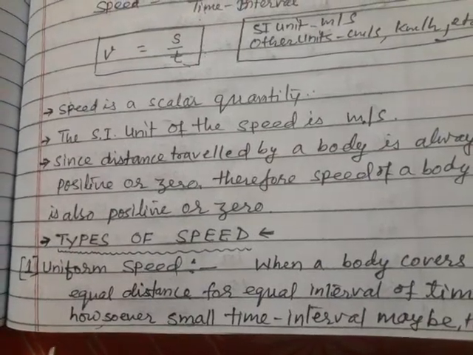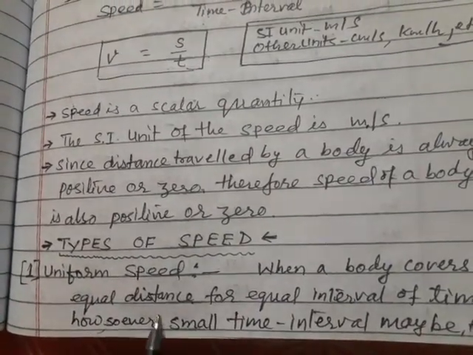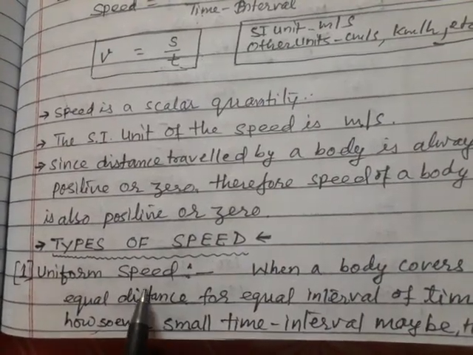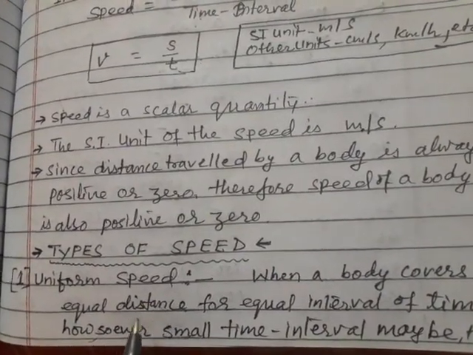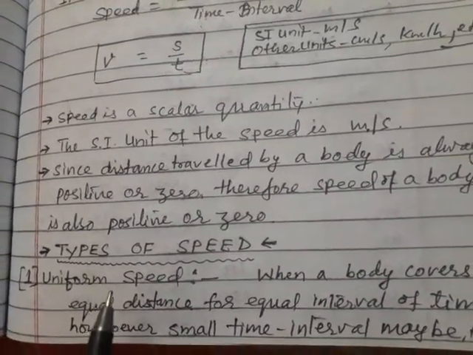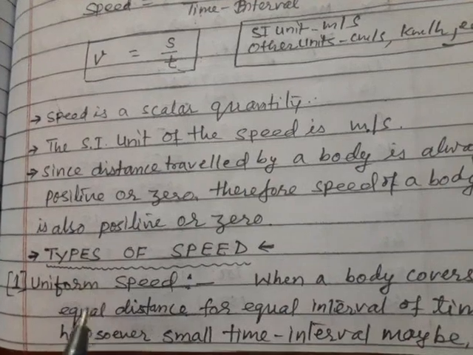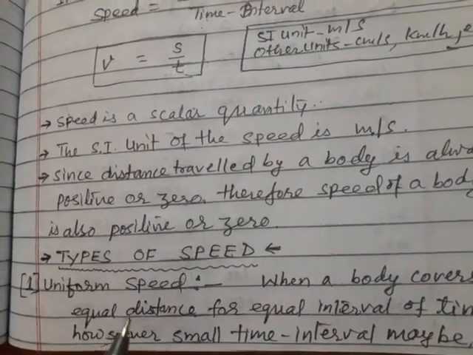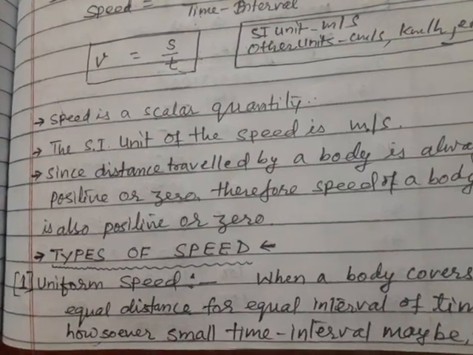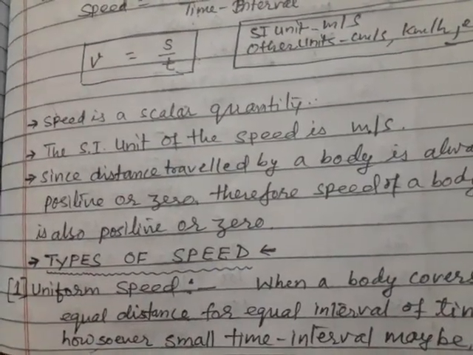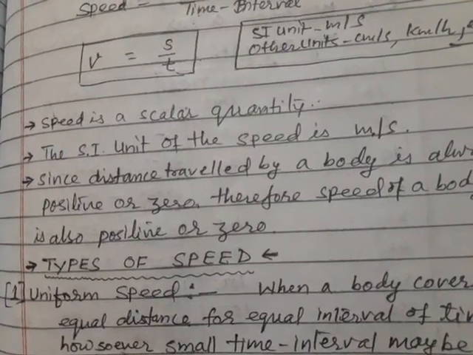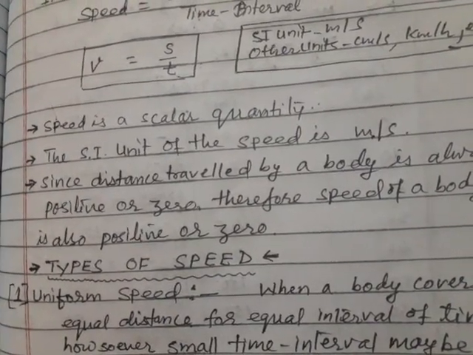Dear students, here the time is very important to describe whether speed is uniform or not, because sometimes in certain examples we observe that the body seems to be in uniform motion, but it isn't true. For example, in my previous video I explained about the motion of the earth around the sun. As the earth moves around the sun in